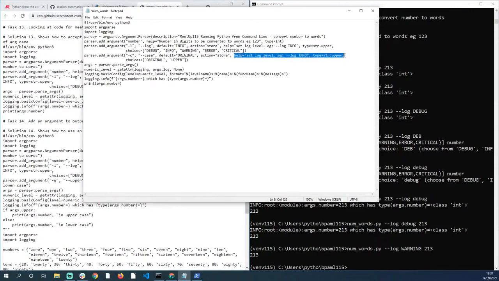And I won't need to bother setting any of this for the moment. I can convert it to upper. Okay, so print args.number, and we'll just say if args.case equals upper, then we'll print,